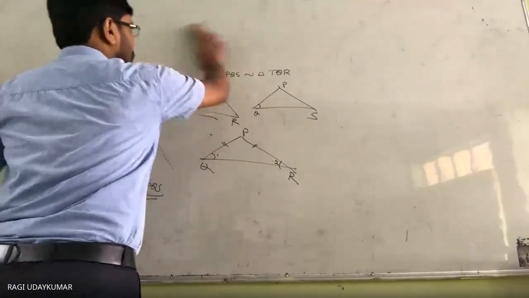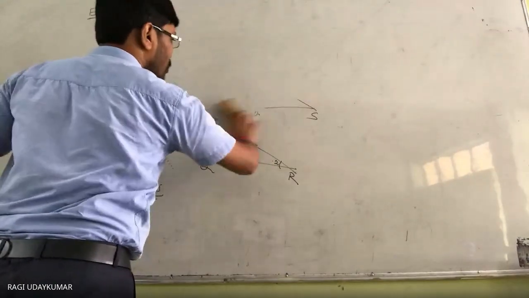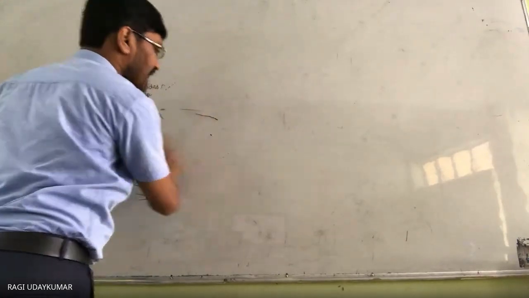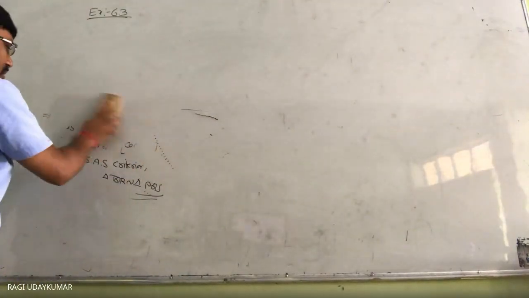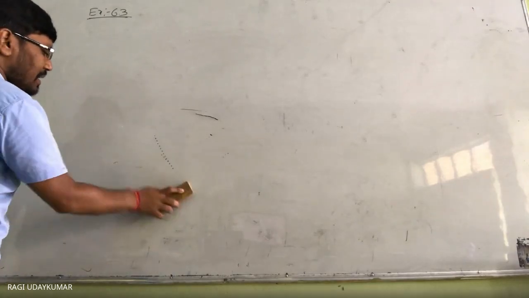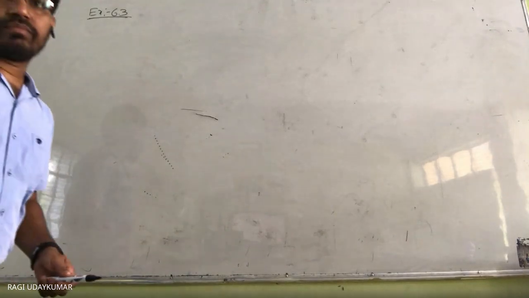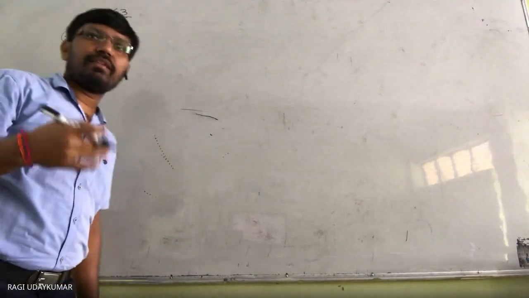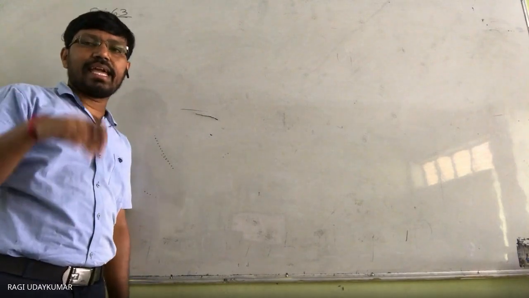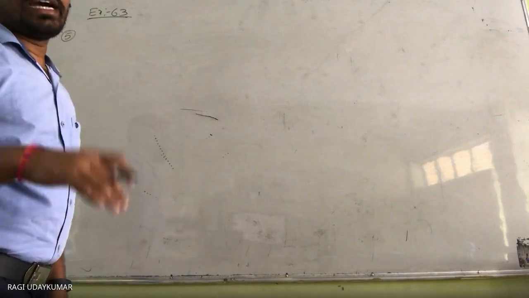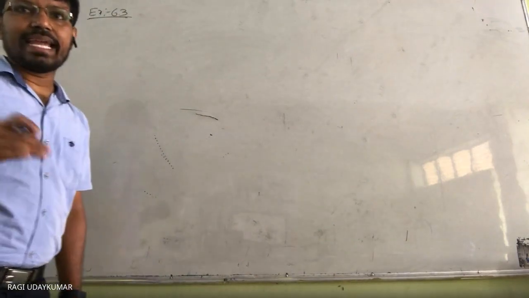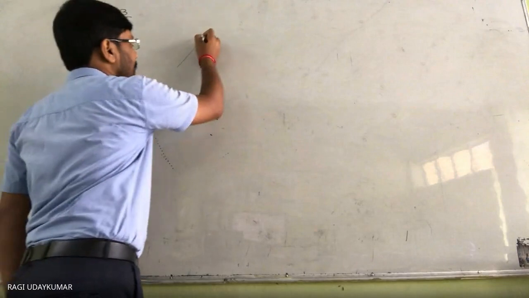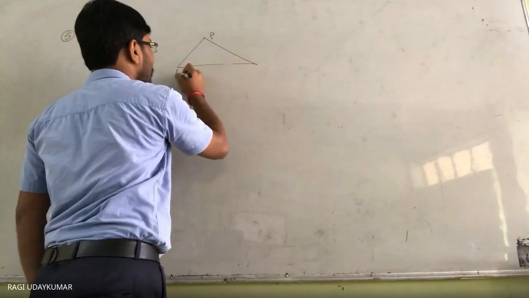Okay. So see here, sometimes the questions may not be given to you directly to use the criteria. Here what we are using is that sides opposite to the equal angles are equal. That concept we are using here. So when you see the fifth problem here, the figure is not given. S and T are the points on the sides PR and QR of the triangle PQR. So let us draw the triangle PQR.